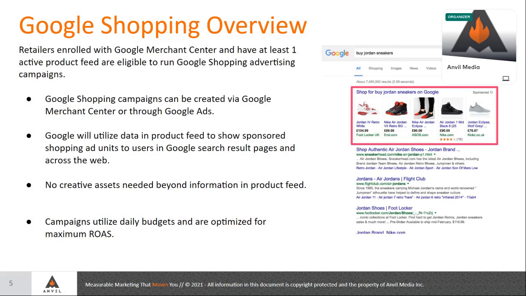For newer advertisers, new to Google Shopping, I would highly recommend the Smart Shopping campaign feature, as it can be really effective at gaining a lot of transactions and revenue, and a really strong return on ad spend right out of the gate, and also establish a baseline return on ad spend to what your overall product feed is reporting. At that point, once you are pretty comfortable with running shopping campaigns and you're comfortable with your return on ad spend,